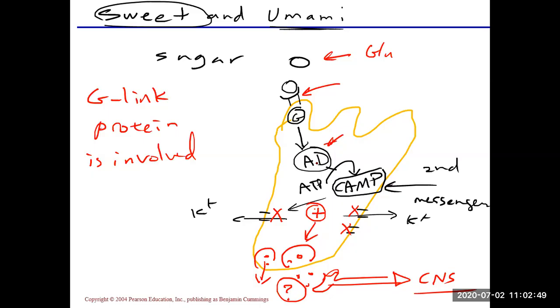All right, AD for adenylate cyclase, which again can trigger hydrolysis of ATP. This is an enzyme that can break down the ATP to cyclic AMP. Cyclic AMP is the second messenger. In this case, this second messenger closes the potassium leak channels, so potassium is no longer going out, and that causes the depolarization, which, when it's great enough, is going to cause the action potential to fire, and the rest of the story